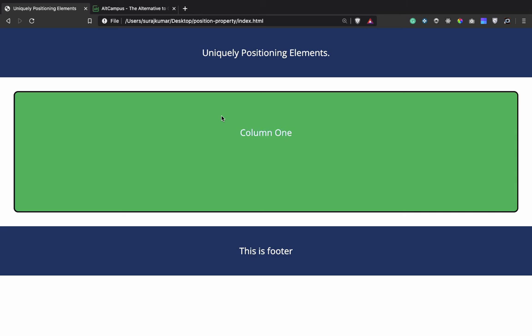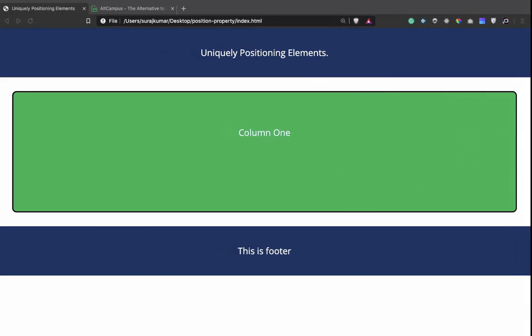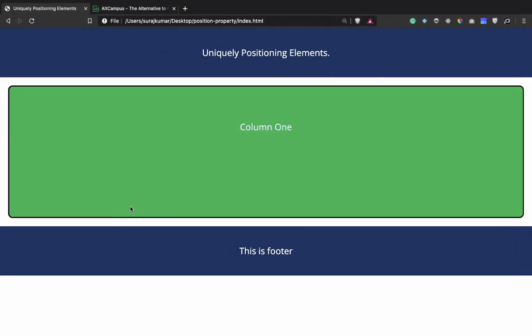Now our element is starting from all the four sides, that means from the left side as well as from the right, from top as well as from the bottom also. And we can see this gap just because we have applied the offset of 10px on all the four sides. Now if I say 0 from all the four sides, then it will try to cover from all the four sides. So let's say 0, 0, 0 and again 0. Now if I save the file and check out our page here, we can see that the element moved, but it didn't start from 0 because